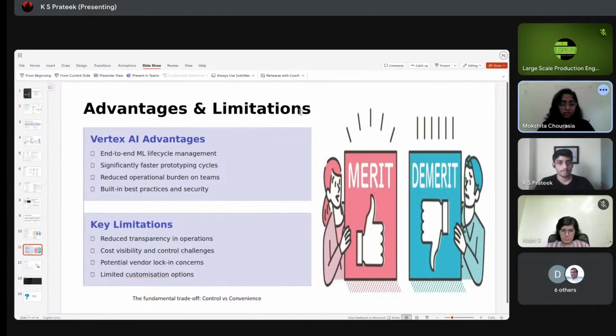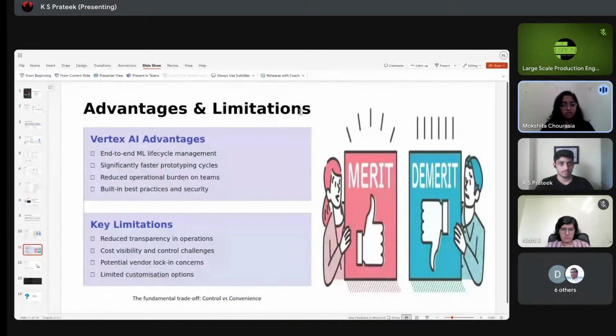Yeah. Okay. So, what we noticed here is that Vertex AI offers a fully managed platform, and it covers the entire machine learning cycle, from data prep and training right through deployment and monitoring. So this means that as a team, or even as a learner like us, we can move from idea to working model much faster without spending huge amounts of time setting up and maintaining infrastructure. It also brings in built-in practices and security features so that we are automatically following enterprise-grade standards without having to